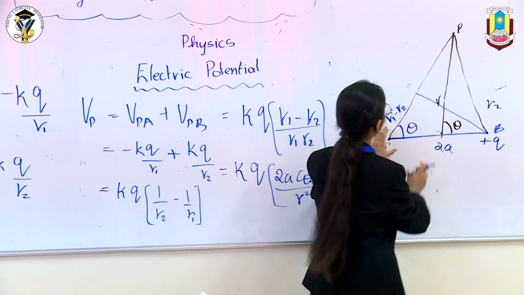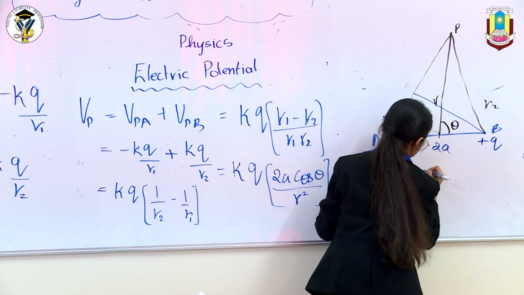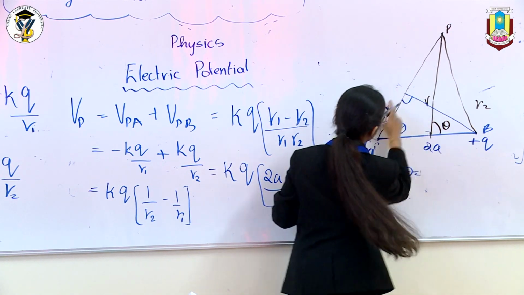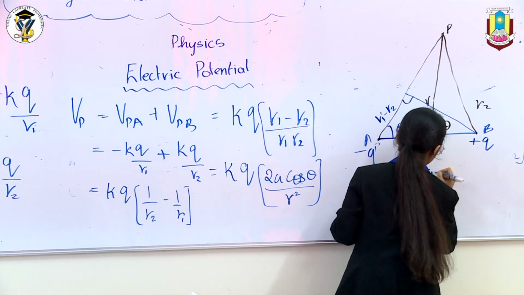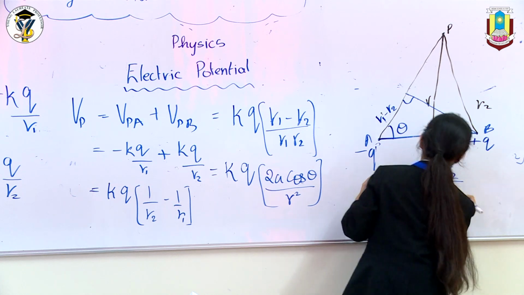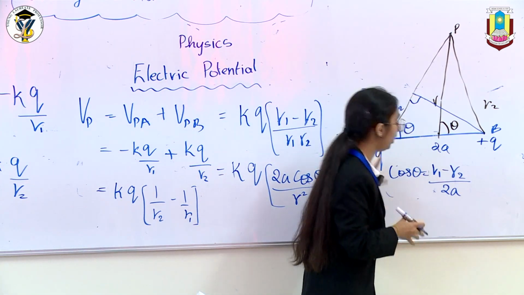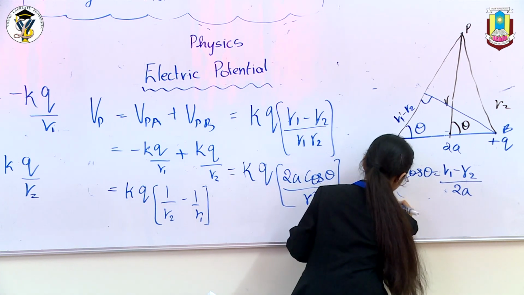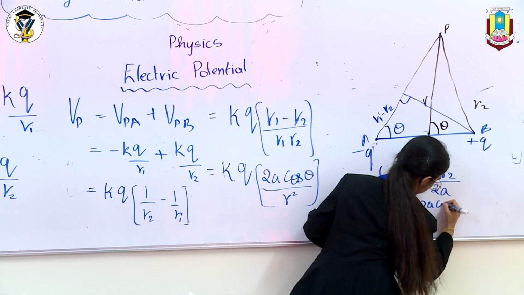Now when we take cos theta for this angle, cos theta is equal to adjacent by hypotenuse. This is adjacent, this is hypotenuse, which means cos theta becomes (r1 minus r2) by 2a. Now when we rearrange this equation for r1 minus r2, it becomes 2a cos theta,